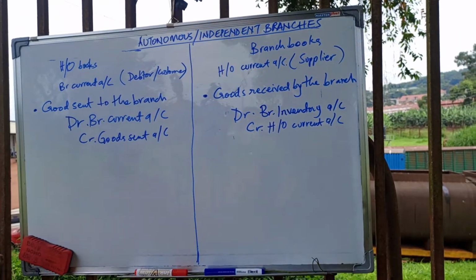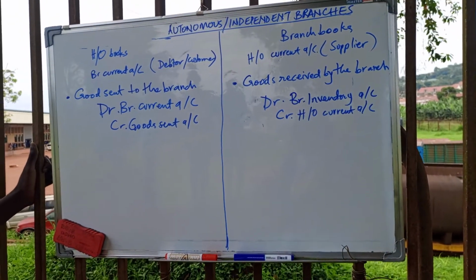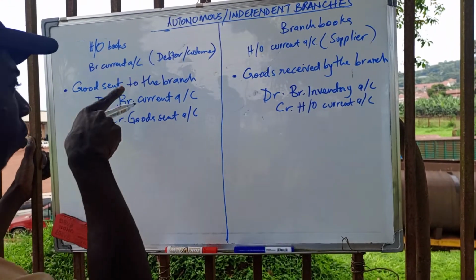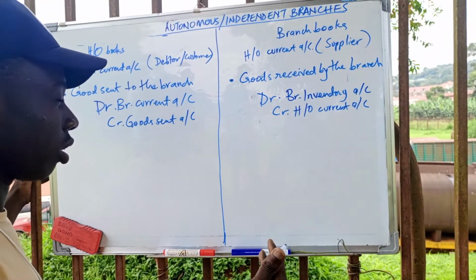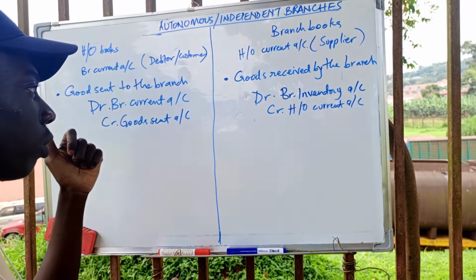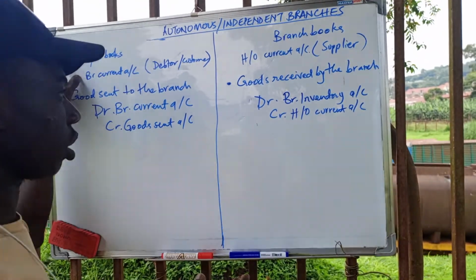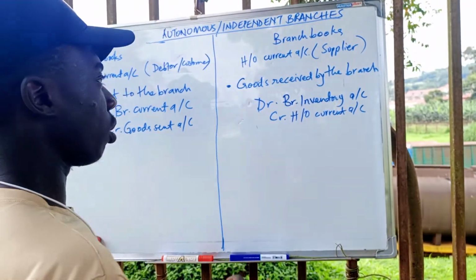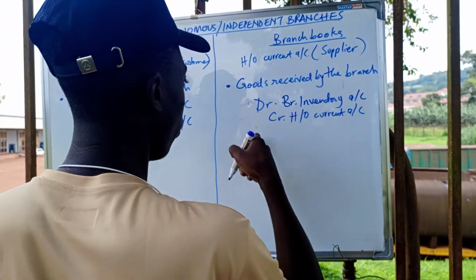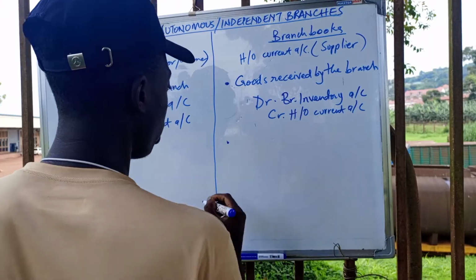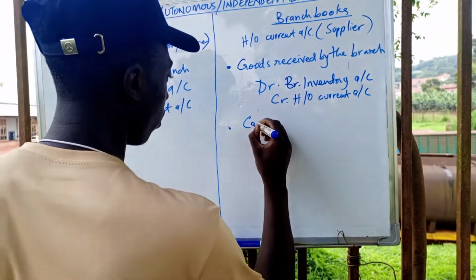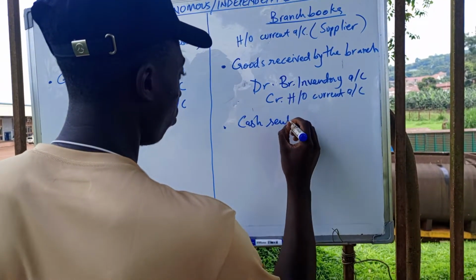Then you can have cash remitted or cash sent. But you recognize who sends cash. Of course, the branch is just selling goods on behalf of the head office. So the branch has to sell those goods and send the money where it belongs, to the owners, and the head office is the owner of that cash. So who sends the cash? It must be the branch sending the cash. We have to record that transaction in the branch books, because it is the one that sends or remits cash to the head office. So cash sent to the head office, or remitted to the head office,